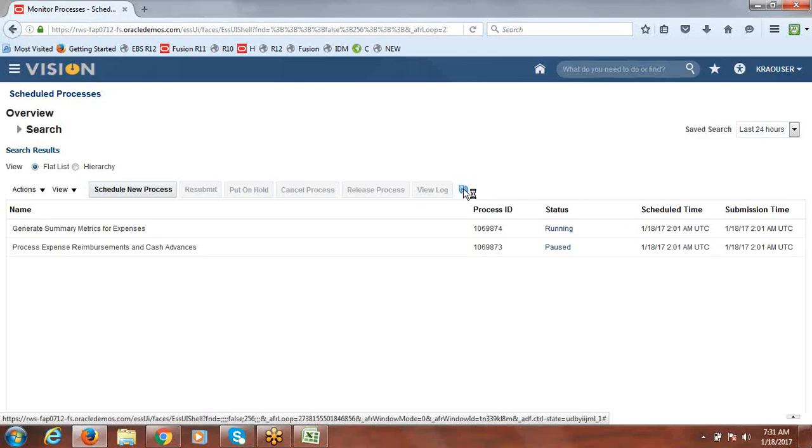Here it will generate output file. There you can see how many invoices are fetched, how many are created, how many payment requests got generated, everything we can see.